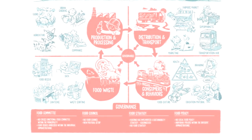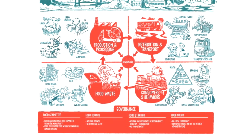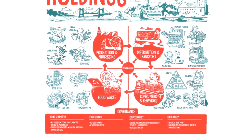We also don't have a food council, yet. We have a sustainability strategy, Kolding 2030, but no overall food strategy or food policy. The individual policies are managed within the different administrations of the municipality. The governance structure needs to be built up from scratch and will be key to develop a more sustainable food